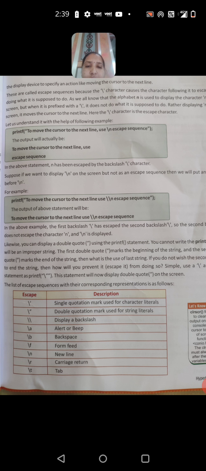So these are all the escapes and the descriptions we use. Go through that table with the escapes and descriptions and you will get to know. Okay, those symbols are used for that purpose, as mentioned in the table.